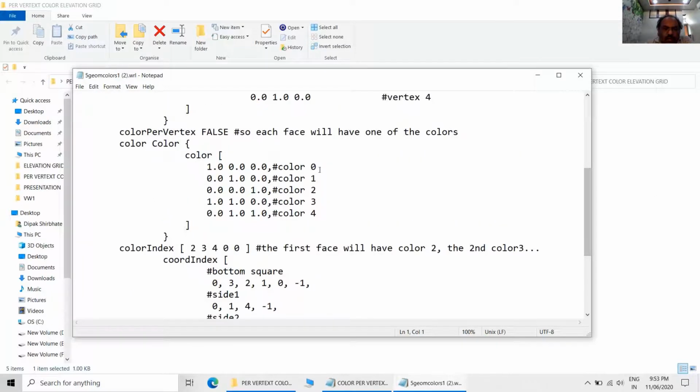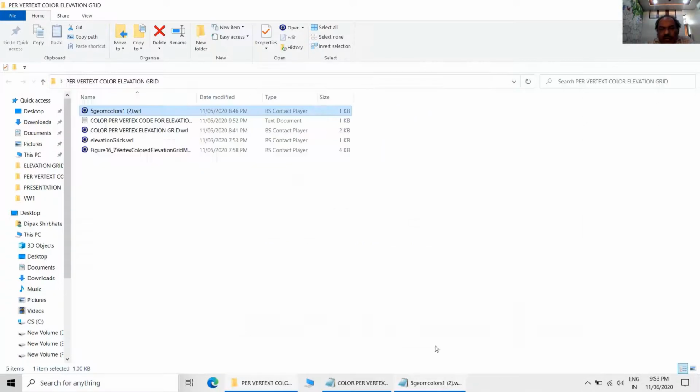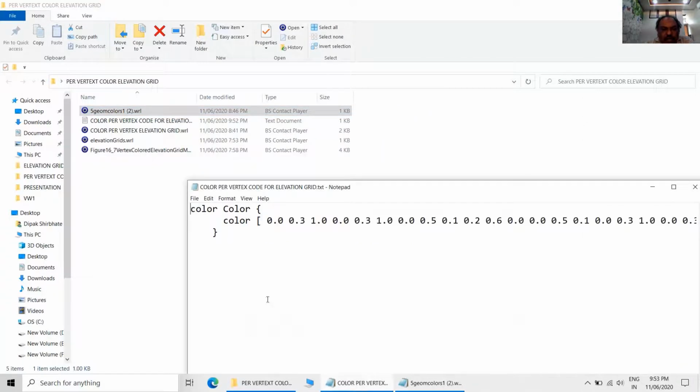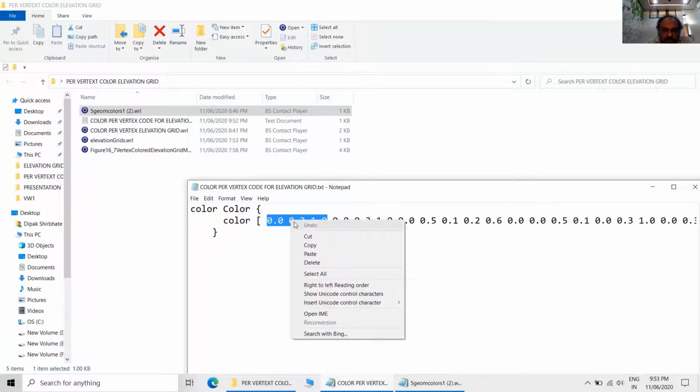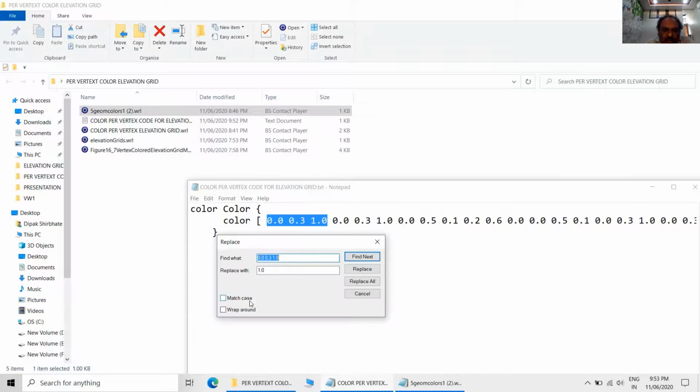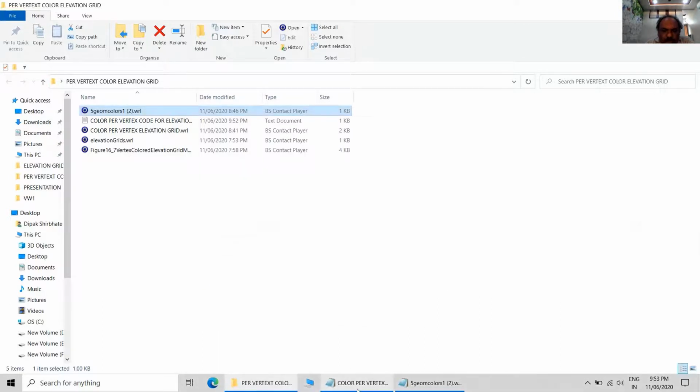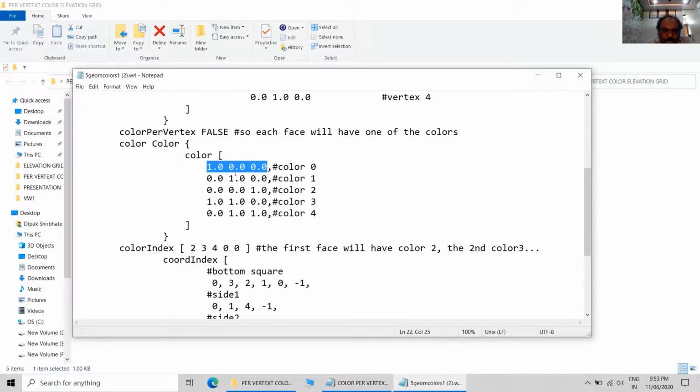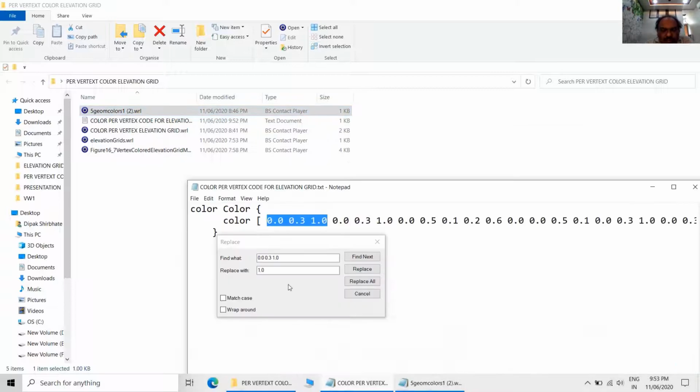Now in the pyramid we have seen some colors. The faces of the pyramid have different colors, and that is because of the values of the color. Actually there are three sets, and one set contains three values.